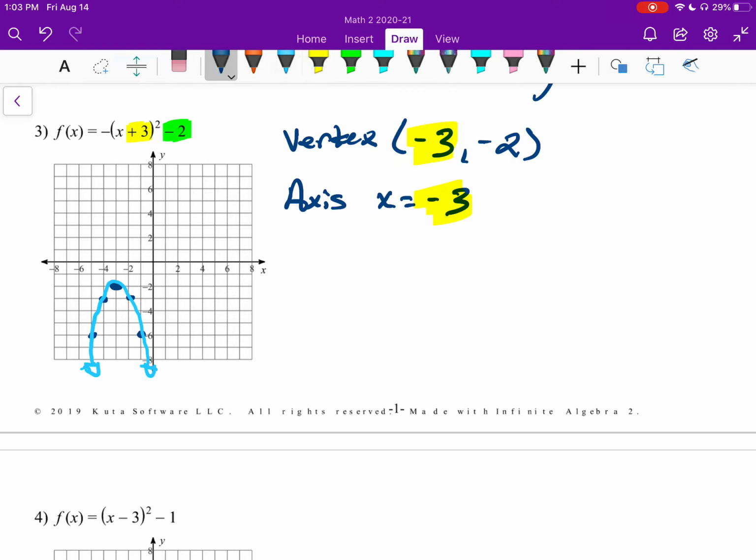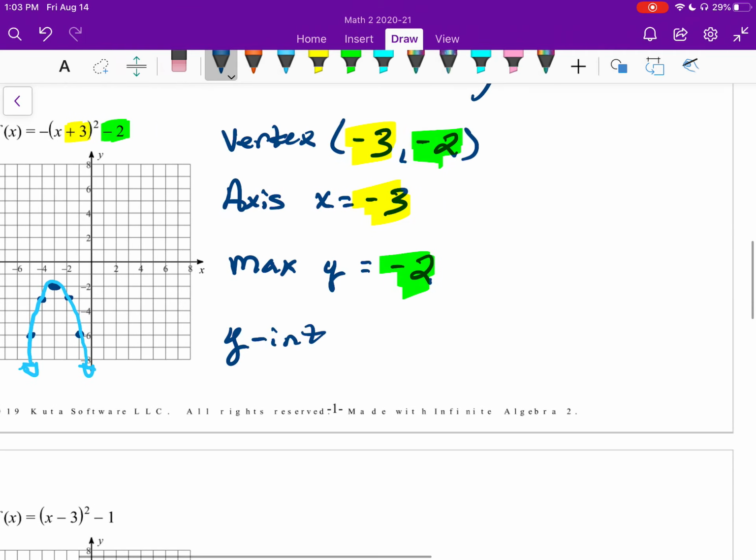Next up we have min or max value. Well, this one's going to have a max, just like number 2. The max is going to be at y equals, not -3, -2. Okay, and the reasoning there again is because our parabola is facing down, so it has a top. It has like the top of the roller coaster. All right, and then we have the y-intercept,